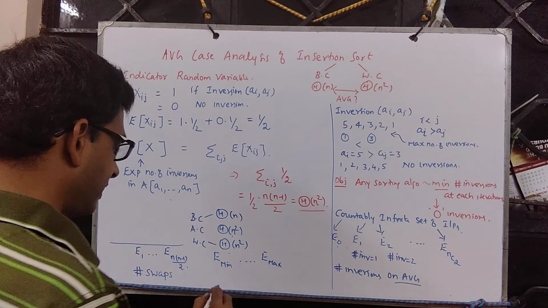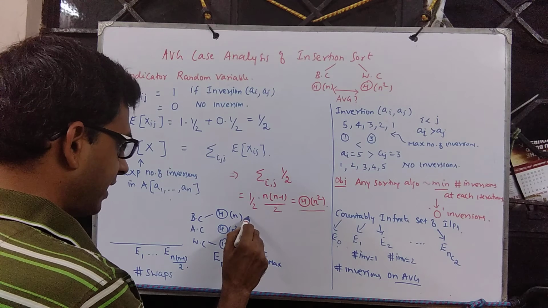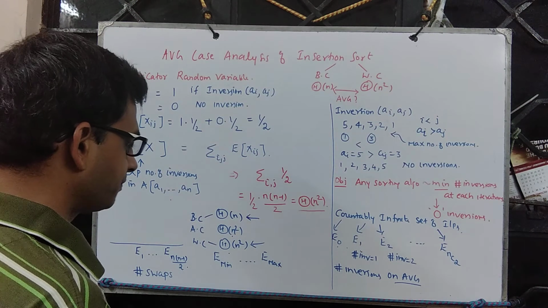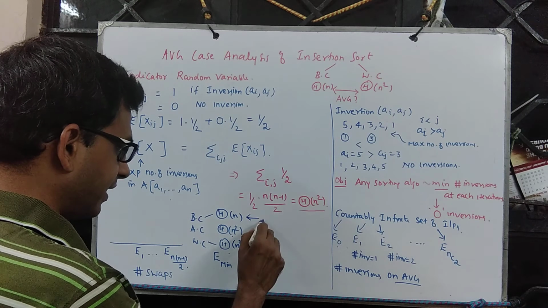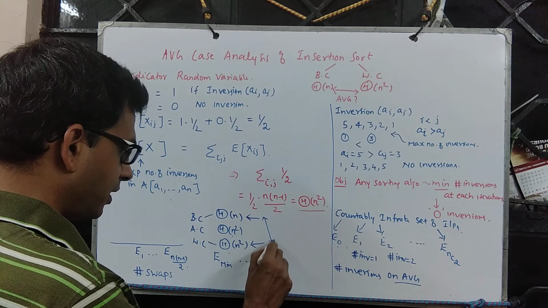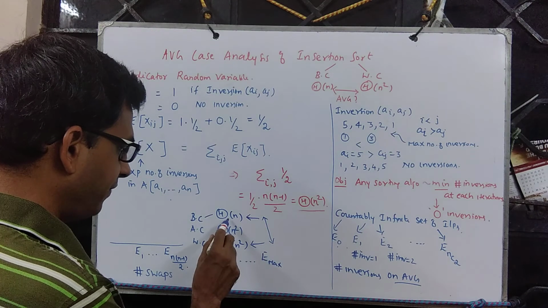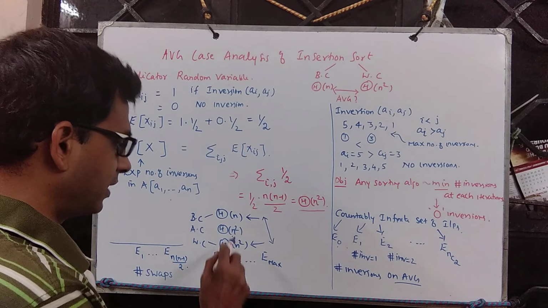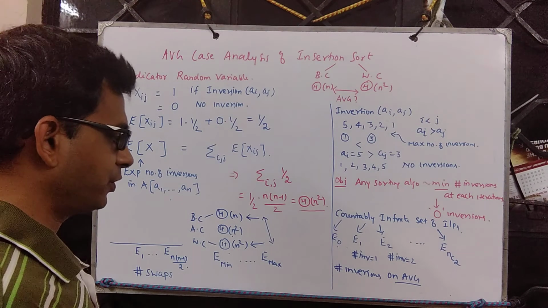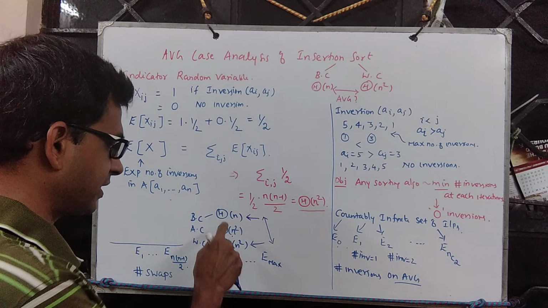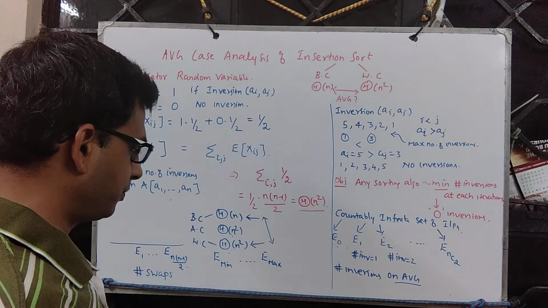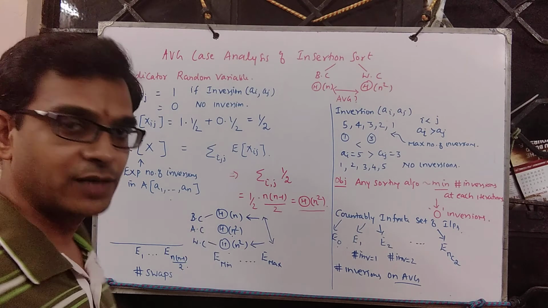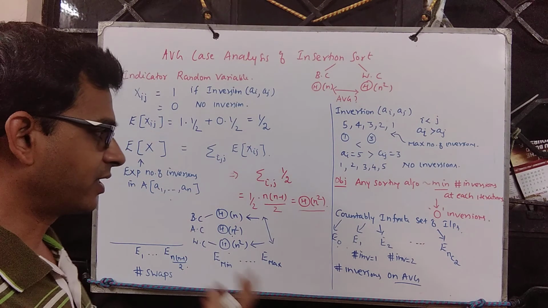One can also do it like this. The best case is theta of n. The worst case is theta of n square, which means I will have to partition the set of all inputs between theta of n and theta of n square. So that model can also be checked. You place all those inputs for which the complexity is theta of n, and all those inputs for which the complexity is a little more than this. Things like that one can analyze as part of this.